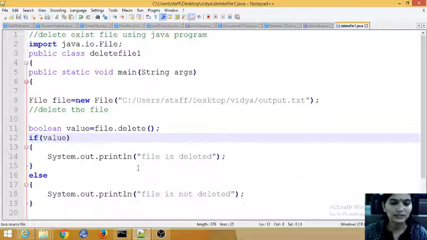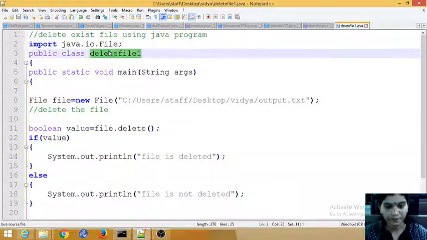So using the if condition you will understand whether the file is deleted or not. If I don't give a message, the user will not understand, and he would need to go to the folder and check. So for that I am using the if condition, and the delete method returns a boolean value, using which I clarify whether it is deleted or not. Now we'll run the program.